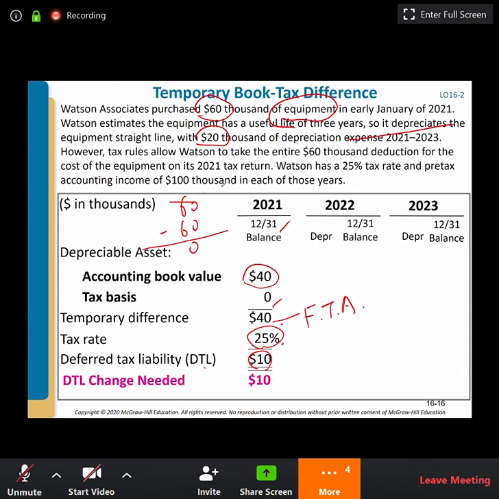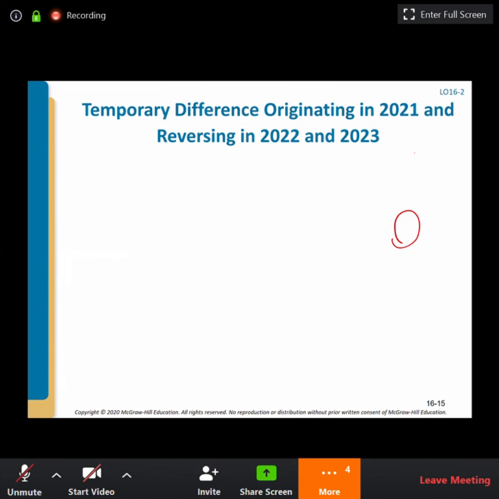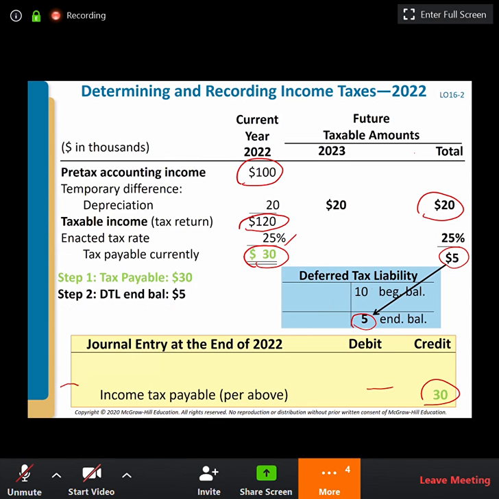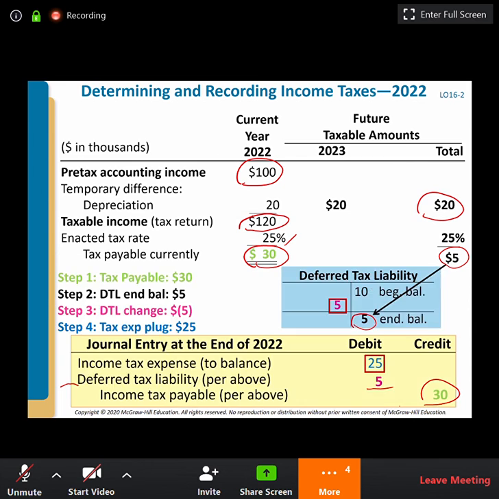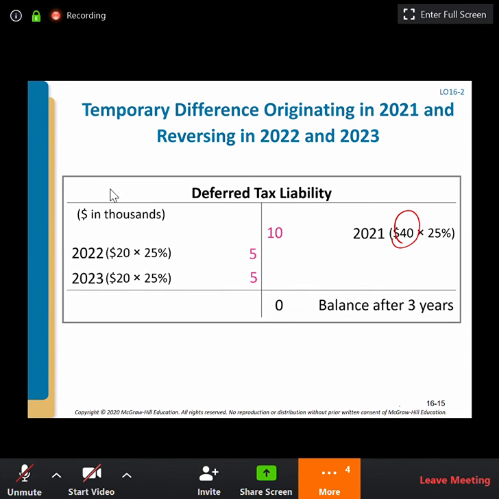Okay, so if you have a deferred tax liability, you should have a 10. It was 0 at the beginning, so now you should have a 10. So how to make it 10? You should credit 10 to this account. That's exactly the same as the journals we talked about in the first semester, 2020. So you can see here, we credit 10 to this. Okay, so let's go back to this. So again, this is the